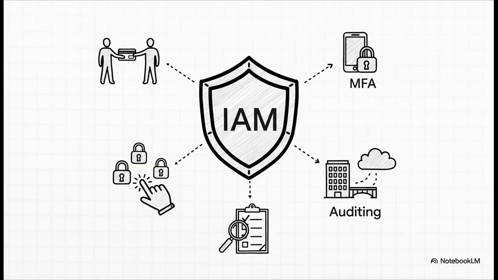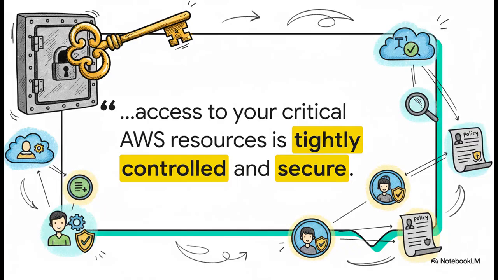And this is where the rubber really meets the road. With IAM, you can give your team access without them ever needing the root password. You can turn on multi-factor authentication, that code on your phone, for an extra layer of protection. You can even hook IAM up to your company's main login system. And best of all, every single action is logged, which is an absolute must-have for auditing and staying compliant. And that's really the whole point, isn't it? By actually using all these features IAM gives you, you can make sure that access to your most important digital stuff is locked down tight and totally secure. Not too much access, and definitely not too little.